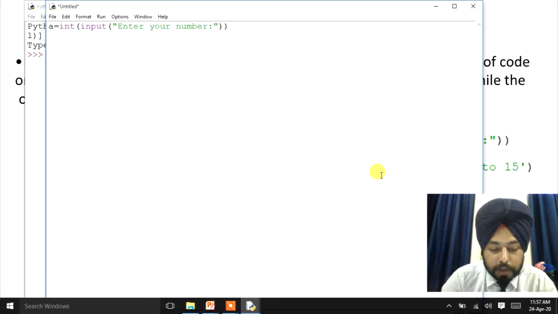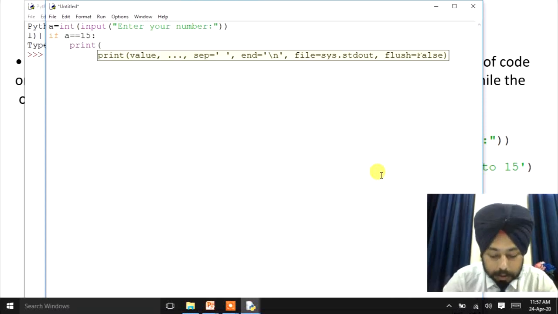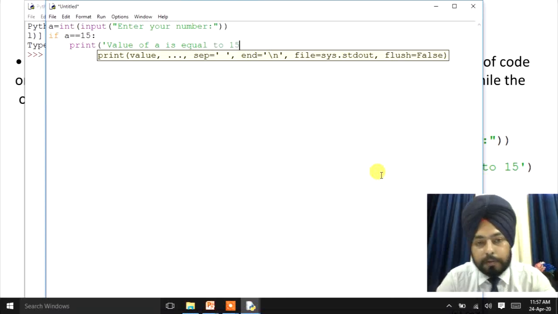Now we'll use the if condition. If a equals 15, then it will print value of a is equal to 15. Got it?